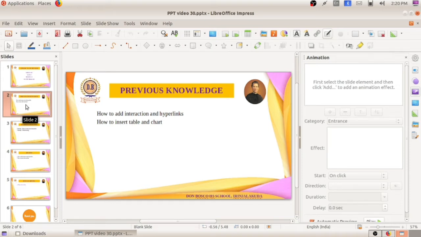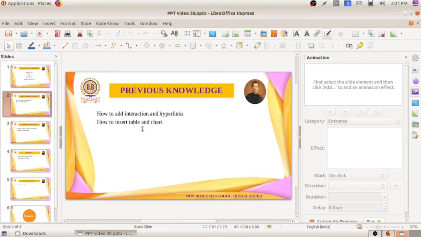For that we have to type a text. After that we have to select that particular text. Then if you are giving the interaction, we have to click on format interaction, and select the particular location where that video is, and when you click on OK, after that when you click that particular link, you will get that video open. That means that particular text will open that video. In the same way, you can add the hyperlinks also for opening a particular page.